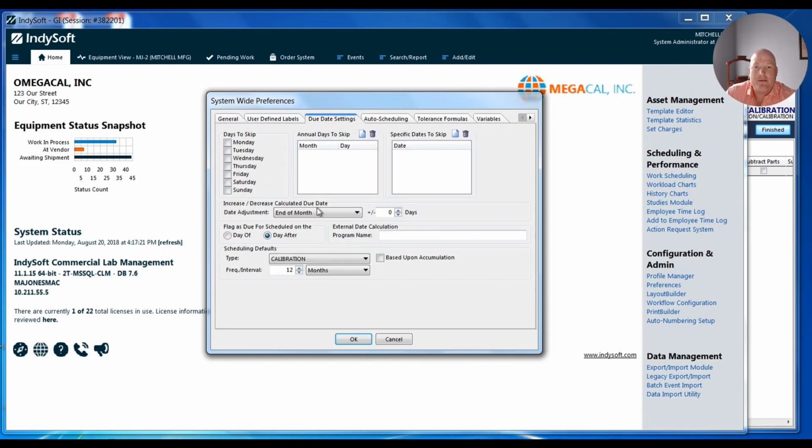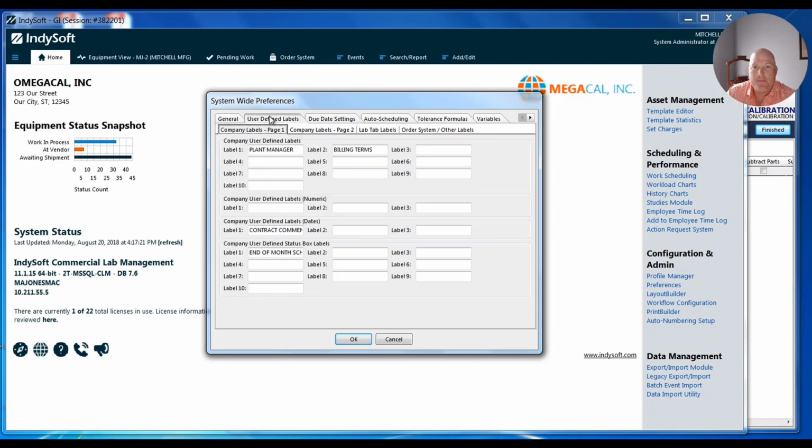So in this case, if we're a commercial Cal Lab and we only want this for certain customers, we're not going to set up the system-wide end of the month option. We're going to go back and set this back to none. But what we do want to do is create a flag or a field for each of these customers. So the best way I think to do this is we're going to utilize our system-wide user-defined